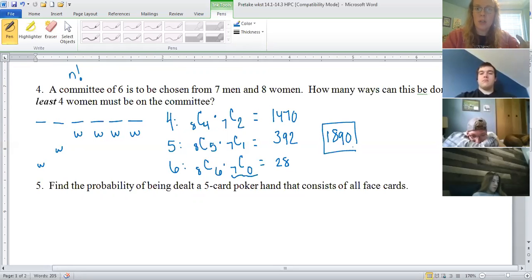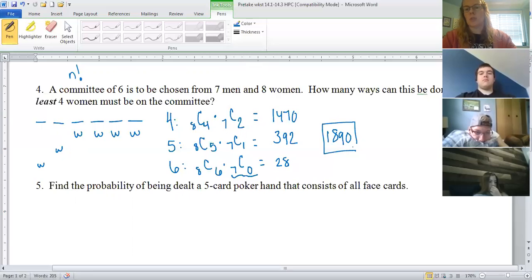Now the problem where we did that little shortcut, or was it number 1C, where we kind of take our total and then we subtract off what we don't want, you could have a situation where we combine that concept with what we did for number 4 as well, okay? So let's say the problem was a little different, and it said we need the committee to have at least 2 women, then we could have 2 or 3 or 4 or 5 or 6. So that's 5 different things we'd have to calculate and add up,